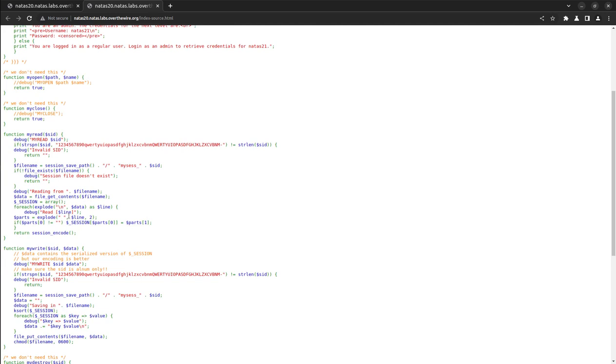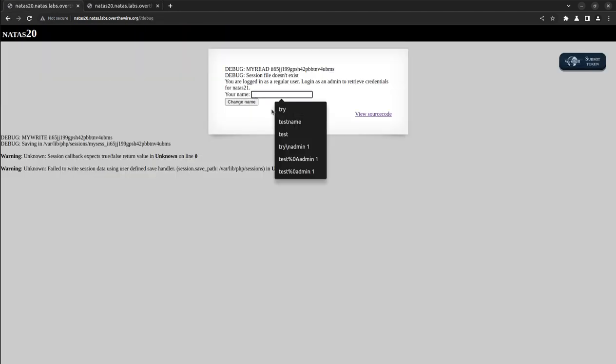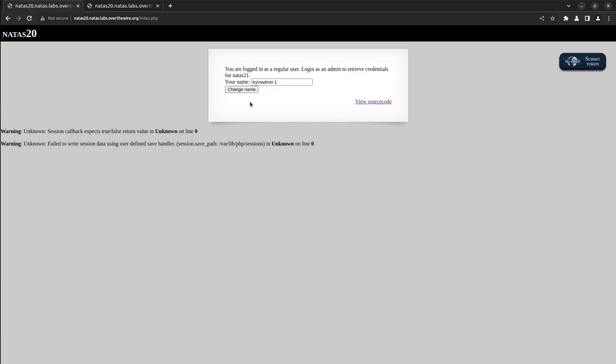For that, we will need to have a space between admin and 1 so that this explode works. And for that, we will need to have a \n between our name, admin, and 1. So if we add it to our name and input it, you will see that nothing happens. This is because if you check the cookie of when you submit, which you can do using Burp Suite